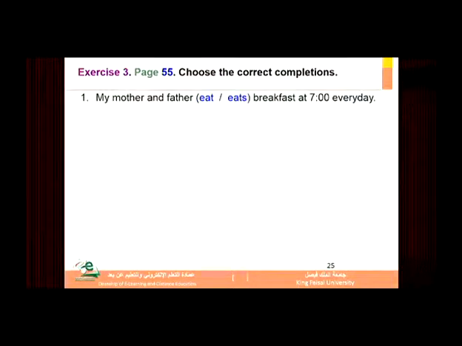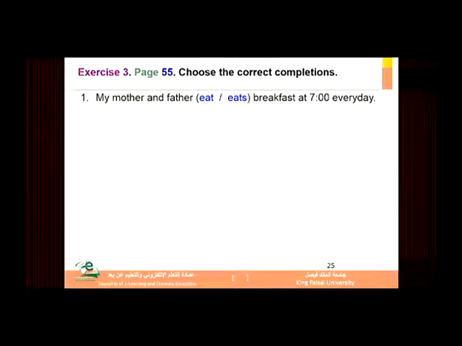Now here is an exercise on page number 55, exercise number 3, where we need to choose the correct completion of a sentence. If you look at sentence number 1, my mother and father eats breakfast at 7 o'clock every day. Now the subject of the sentence is my father and my mother,